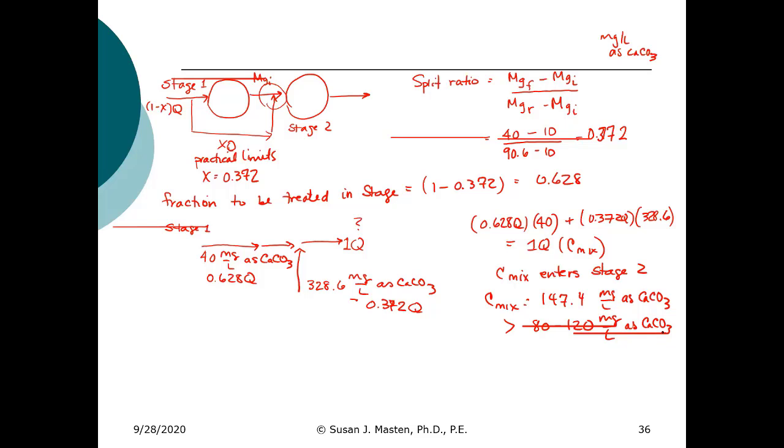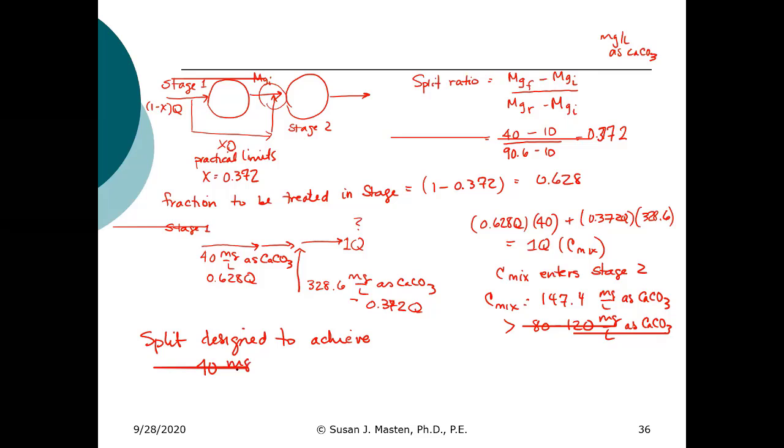So remember, just the split is designed to achieve 40 milligrams per liter as calcium carbonate of magnesium 2 plus. So we've designed the split to achieve that, so we need no additional